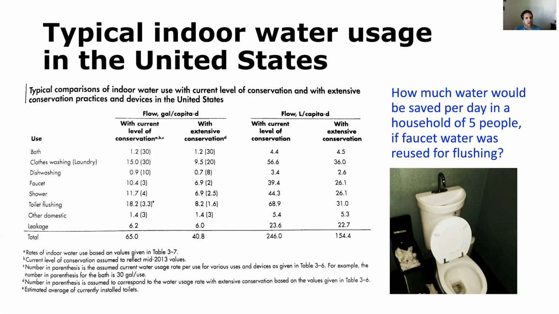here's a breakdown of flow rates per capita. This is shown as gallons per person per day or liters per person per day for different use types. So in the bath, for clothes washing, for dishwashing, from faucets, from the shower, etc. And you can see with current levels of conservation, the flow rate of each of these different use categories. And with extensive conservation, like you might see in some water scarce environments, you can see by how much some